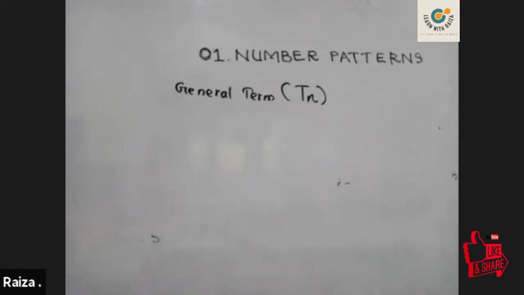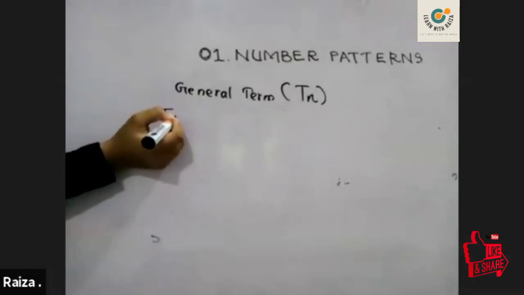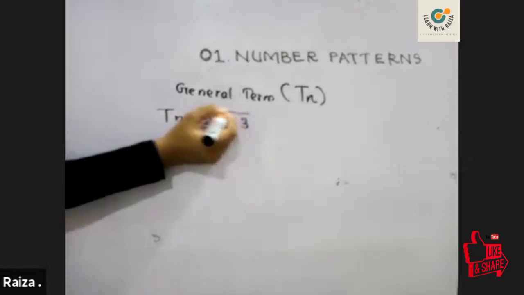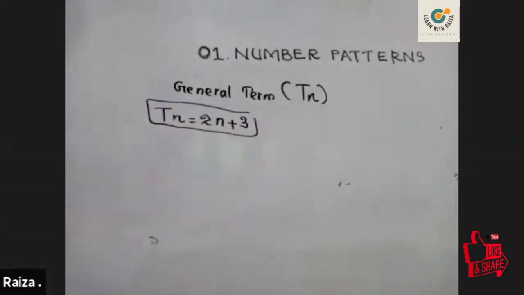So let me first of all fulfill the first one. When you are given the general term, for example, this is one general term, they will ask you: find the first three terms, find the 20th term, find which term is this one, questions like that. Only those questions are possible. So it's very simple, because you know the questions they will ask and all the possible ways. If you understand this part of the lesson, it's very easy.